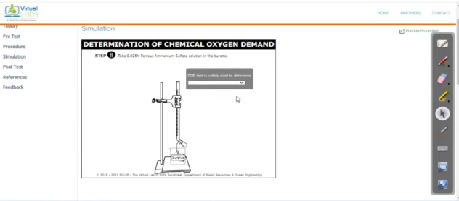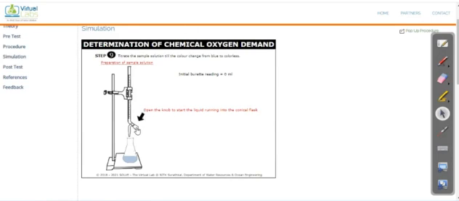Here is again the question. The COD test is widely used to determine the degree of pollution in water bodies, the efficiency of treatment plants, and pollution load. So obviously we can use it for the degree of pollution in water, how polluted the water is. We can use it to know the efficiency of the plant if we take a sample from the ETP plant, the outlet effluent from the plant. Or pollution load, we should know what the pollution load in that stream is. So we click here, all of the above is the correct answer. Then click on the next button.